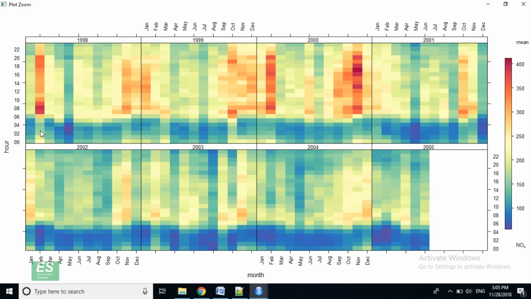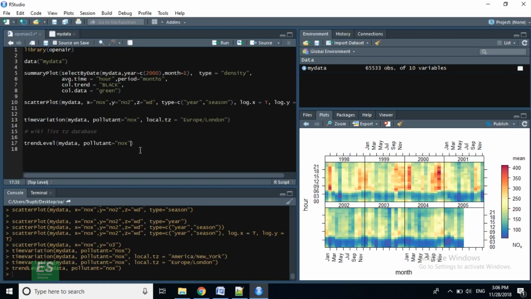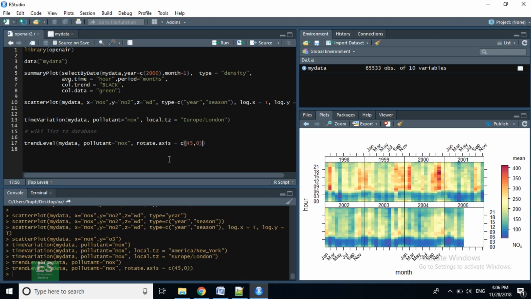So we get to know how diurnal variation is changing from 1998 to 2005. In the trend level function we can set parameters such as rotate axis, so we can specify the angle for x-axis labels and y-axis labels. We can also specify border as black or white.